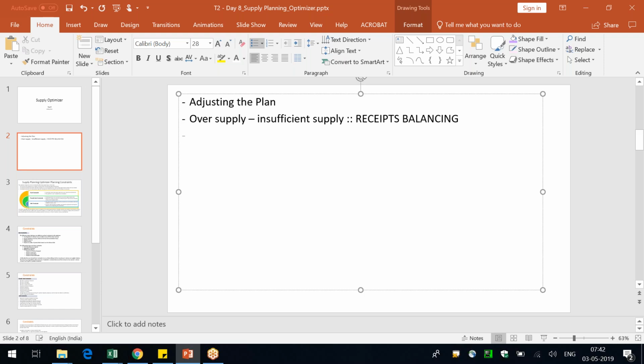And then to do this receipt balancing, we have seen that we have to do some changes in the master data. We have to do a change in the heuristic algorithm profile itself. There is a checkbox for receipts balancing, which we have to select, and then the heuristic algorithm will respect this functionality and balance out the receipts. And what else have we seen yesterday?